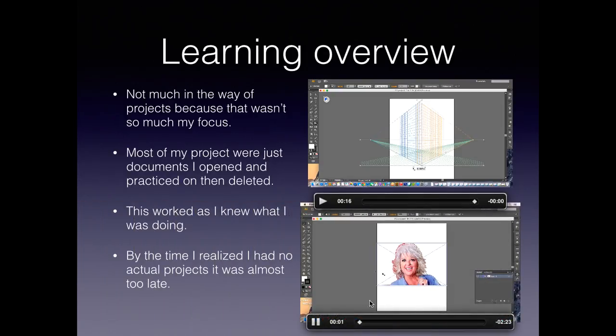And then this is me using the pencil tool to create a vector graphic. Basically what I did here is I used the pencil tool and I traced her face, and then I went over here to the eyedropper tool and I just filled it in. Basically what you do there